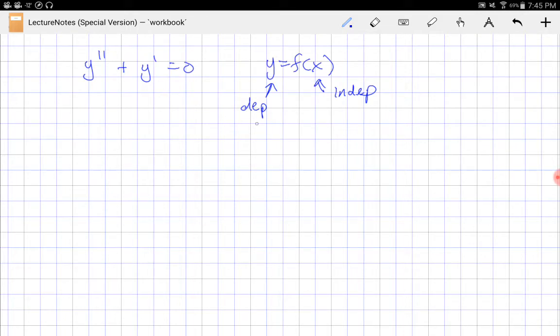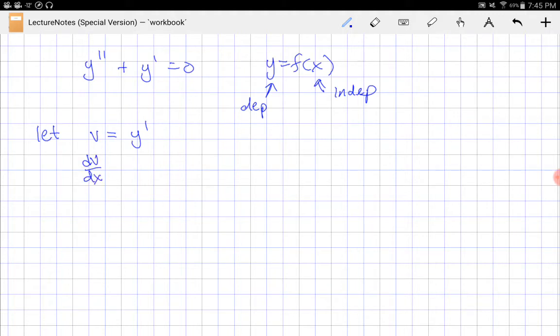But we also notice that y is missing explicitly from this equation, which indicates that we can solve this equation one of two ways. For the purposes of this video, I'll show you how to solve it both ways. The first way to solve it would be to let an arbitrary constant, say v, equal y prime. And then alternatively,